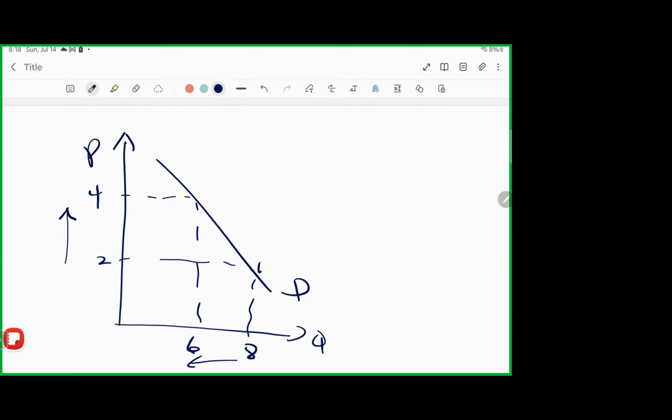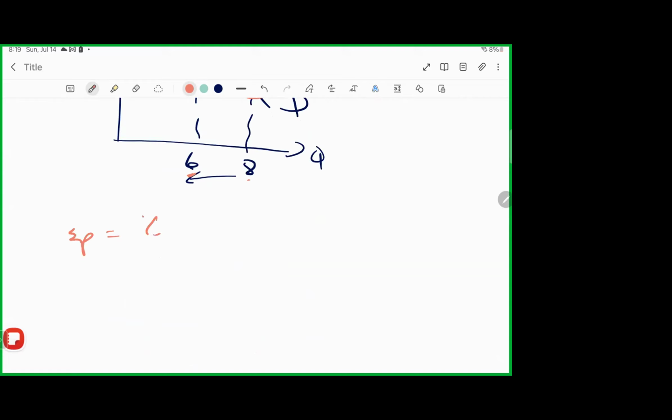Here would be one point, and here would be another point. With the increase in price from 2 to 4, quantity will fall from 8 to 6, as you can see. So we are no longer operating at point A, which is our old point. We are now operating at point B, the new point. At point B, we have the new price 4, old price 2, new quantity 6, old quantity 8. So to estimate the price elasticity of demand,